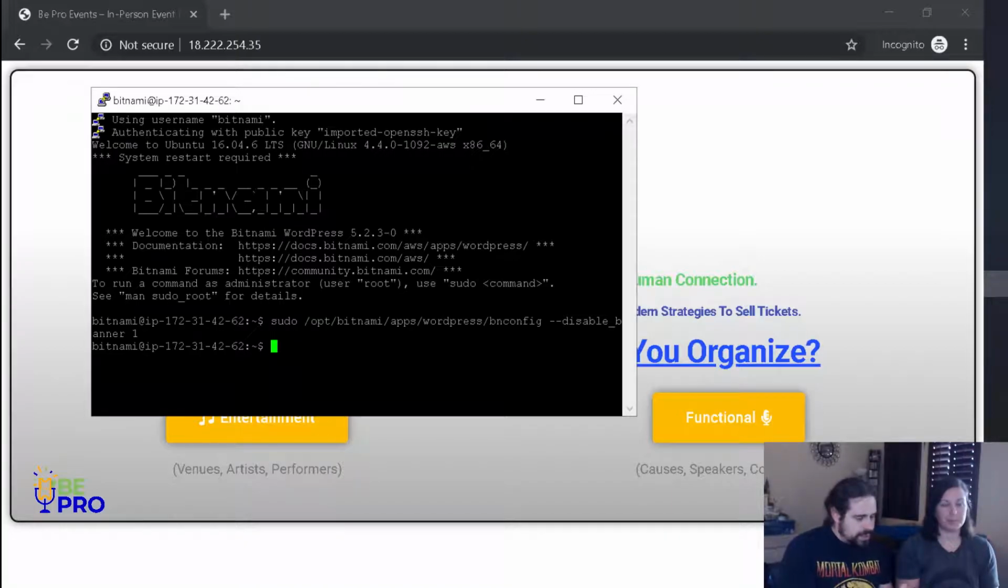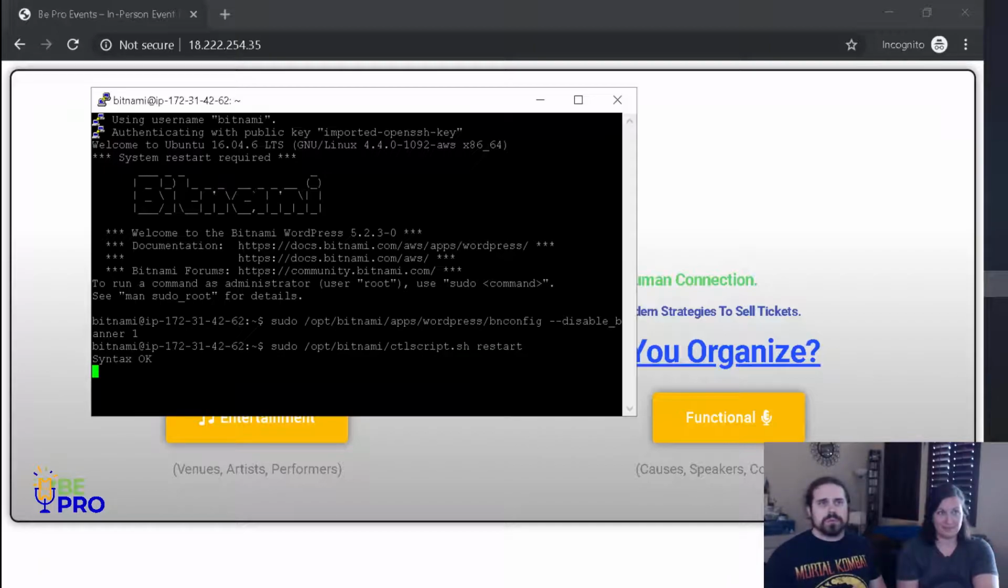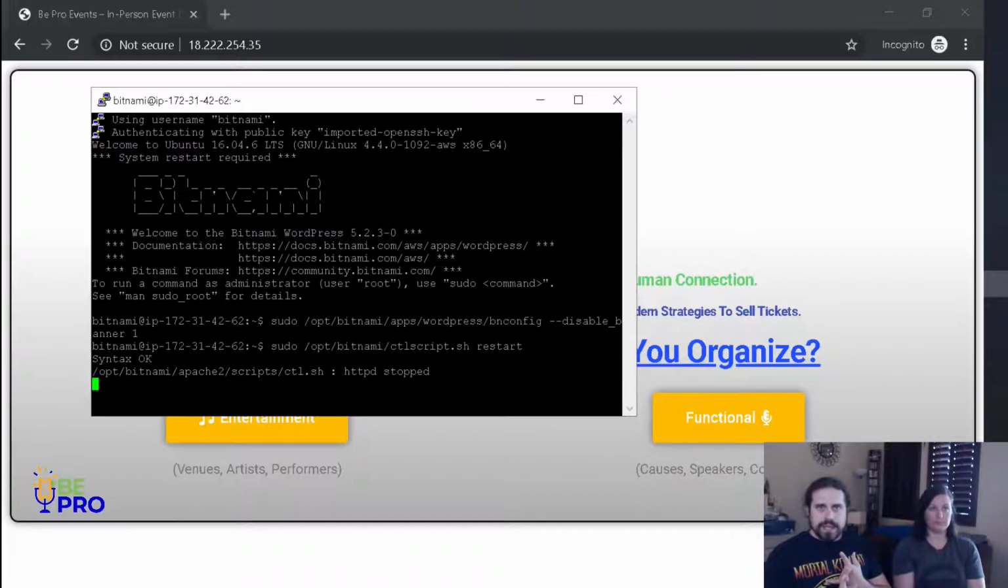And now we just simply have to restart it. So same kind of thing. There's another command. The same directory, except this is now ctl script. I'm assuming that's a control script, and then restart. Cool. And so now this is going to restart the server, do all that jazz,